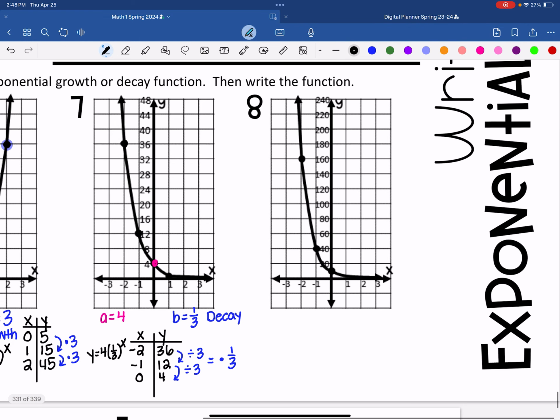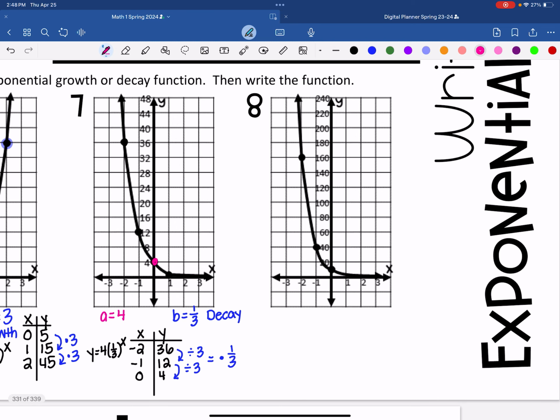All right, and the last one, that one's an L shape, so we're going to have decay here. So we're looking at our y-intercept. We can see that that's halfway between 0 and 20, so we know that our y-intercept is going to be at 10. I normally don't say to estimate, but we can see that that is halfway, and we have to have it. So then I'm going to make my table,